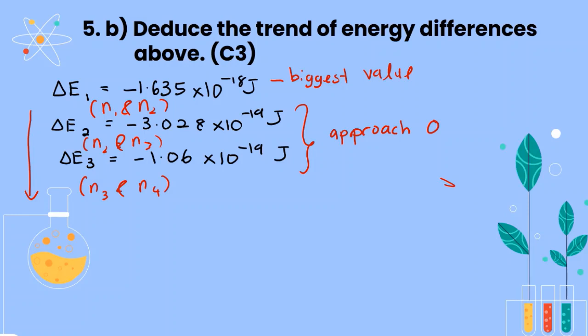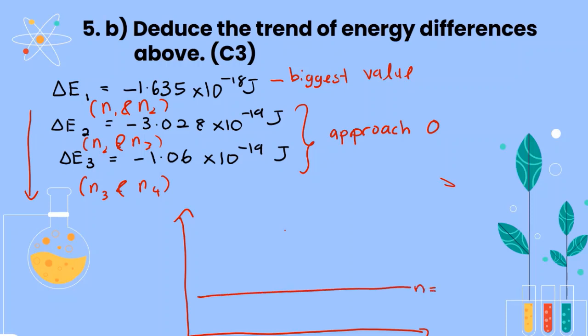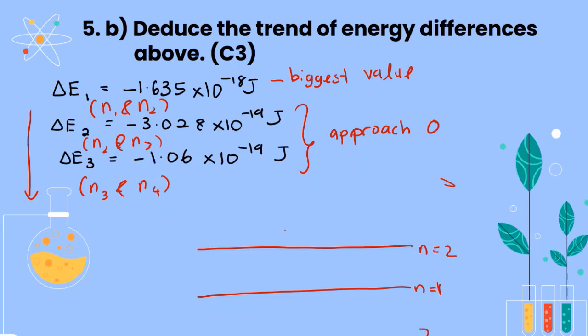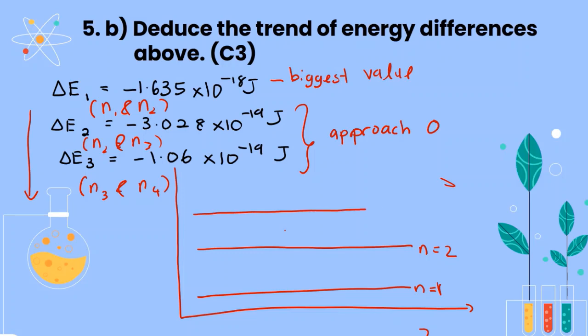So if I draw the energy level diagram, this is the energy level diagram. This is n equals 1, this is n equals 2. As it goes up, the energy difference gets smaller. So between 2 and 3, it is a bit smaller, n equals 3, and then with 4, n equals 4, for example. As you can see here, the energy difference here is big compared to this one and also this one. So what you can conclude from this is that